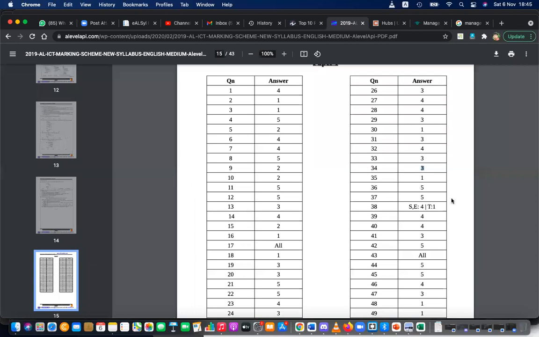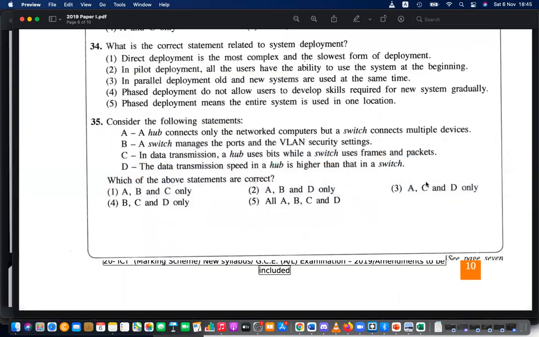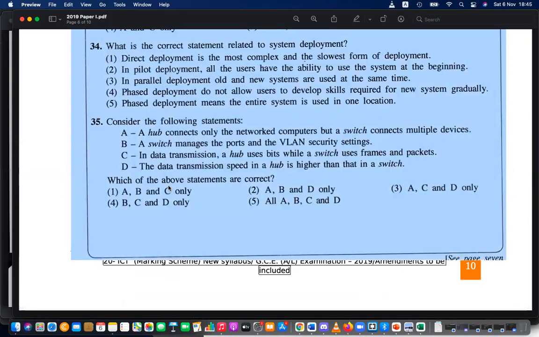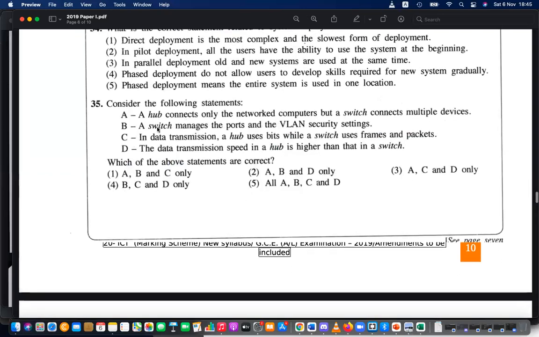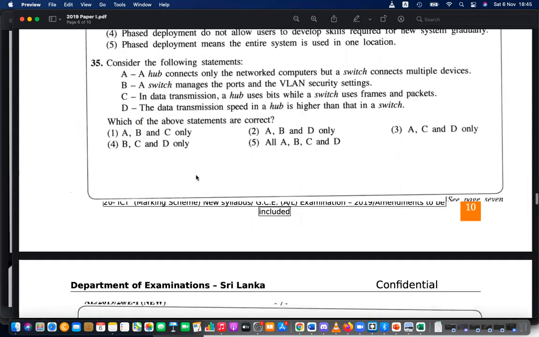Here, what about 35? They have taken 1 as the answer. 35, 1 as the answer, ABC. I think this was made by someone who doesn't know networking, or they have guessed the answers, but these are not correct, right? These are like partially correct answers, but remember in practical networking that is not the situation, because A and B, you can see both are partial answers. C you can agree anyhow, but A and B you can't agree. So that's the point here.